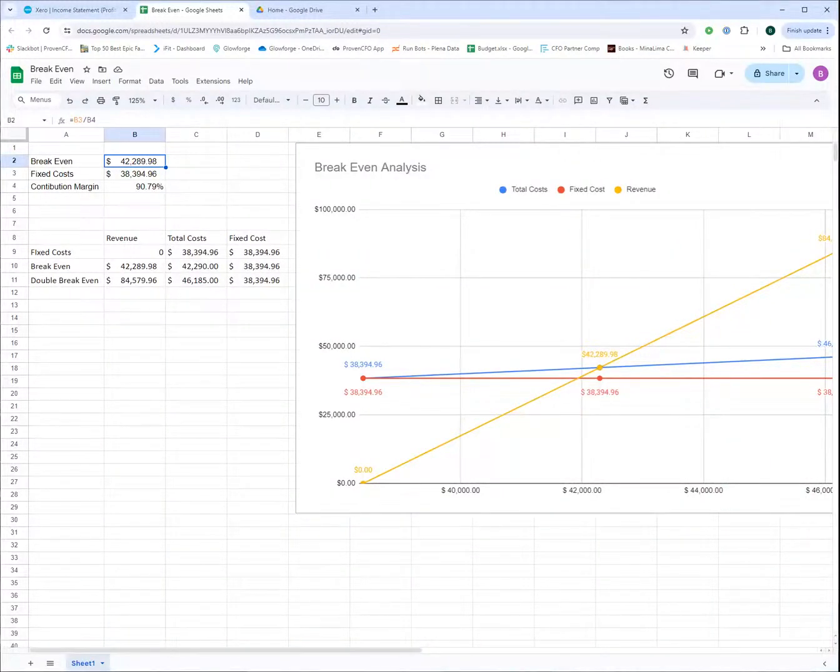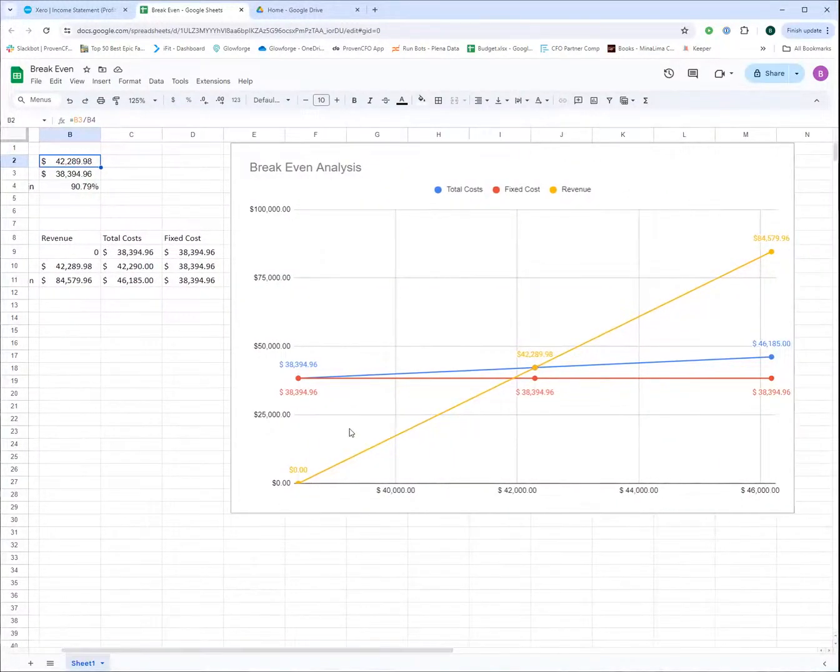So I put this together to say, okay, obviously, if we did zero revenue, we didn't sell anything, but we were running our business and our fixed costs were fixed, truly fixed. I know fixed costs are never really truly fixed, but we have to start with a number, right? So we take that 38,394 that we had there previously, and no matter what, whether we have zero sales or we have a ton of sales, we're still going to spend this 38,394. So therefore, that's the very, very minimum in which we're always going to spend if we had zero revenue.